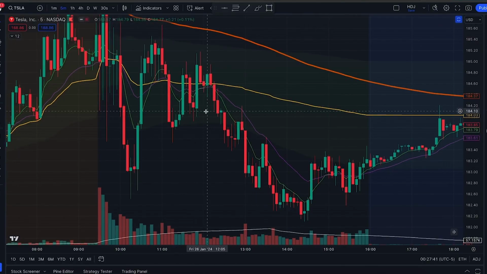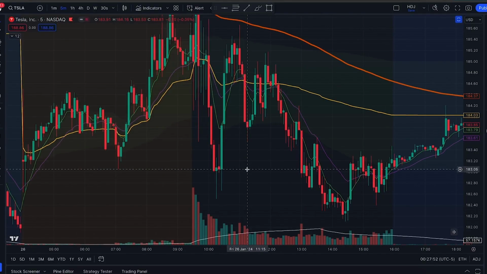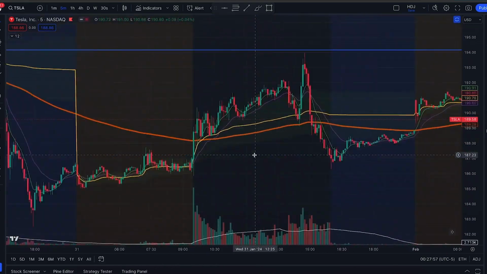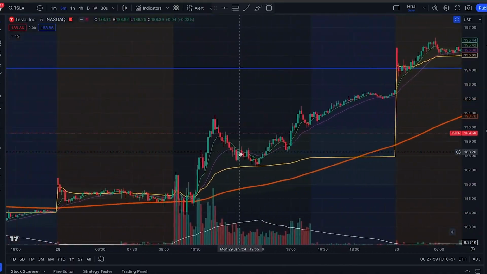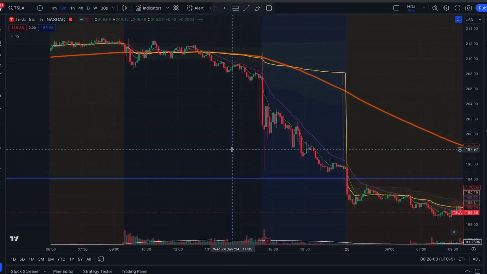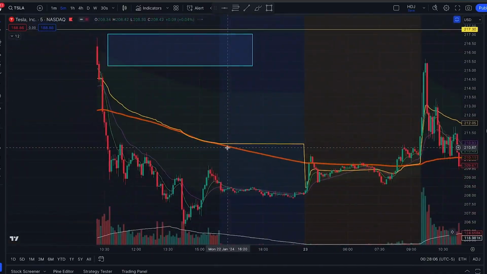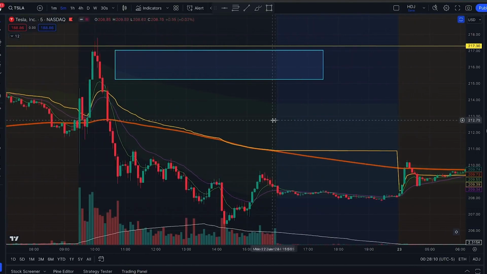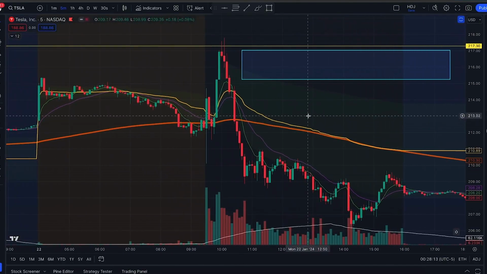So we want to take good entries. So we want to look at, let's say right about, no, let me look at another day, because that was a choppy kind of day, a lot of wicks. That is one of those days where you may have gone light just to minimize your risk. We want to look at, this is a good day right here,